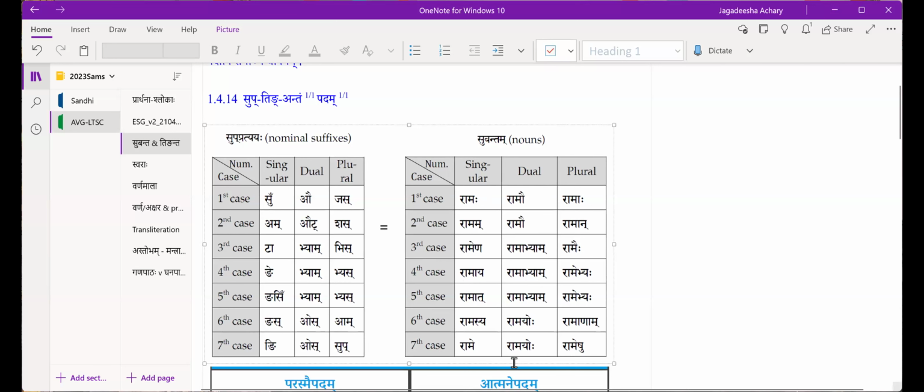Suppose you get something instead of Rama, it may be something else, and it ends with Sya. Then you should be able to say, okay, this is 6th Vibhakti Ekavachana. And suppose something ends with Nam, then you should be able to say, this is 6th Vibhakti Bahuvachana. In the Panini Sutras, Vibhaktis 5, 6, 7, and 1 are used. In common sentences all the 21 will be used, but Panini uses only a few Vibhaktis in these sutras to save time.